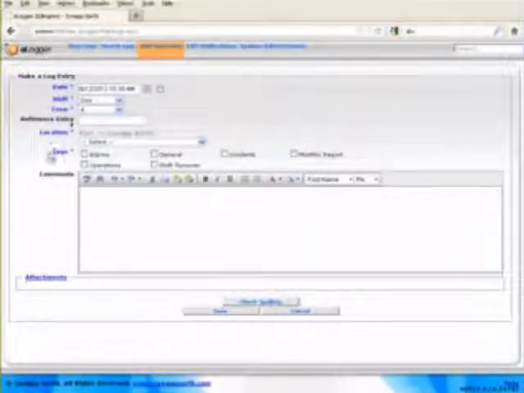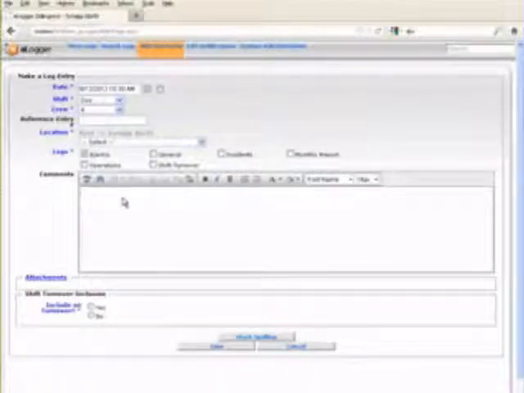We actually have a series of entries. Hang on a second here. So our logs are alarms, general, incidents. I'm going to skip the monthly report one because that one doesn't apply. And then we have operations. And anytime somebody enters, for example, an alarm, let's say we had a fire alarm going off, the user has to decide whether or not that is worthy of being included on the turnover report for the